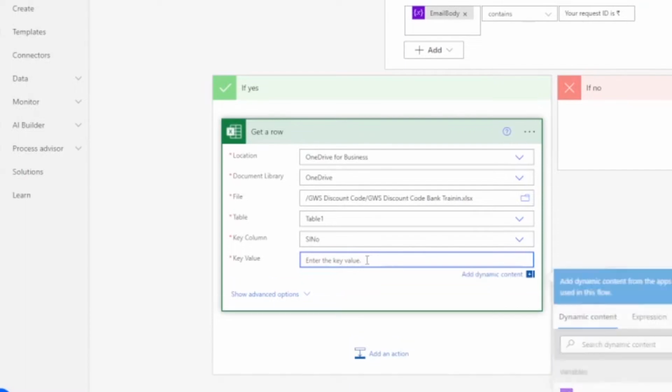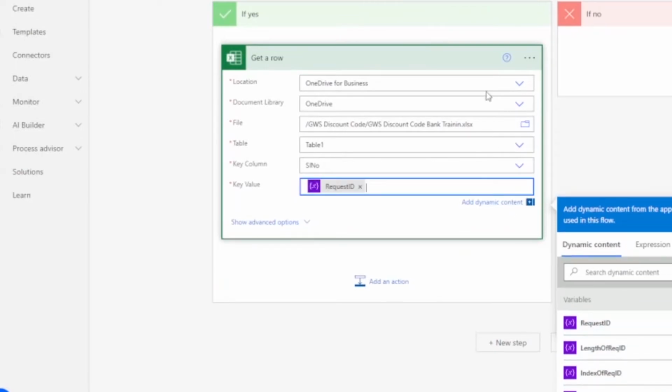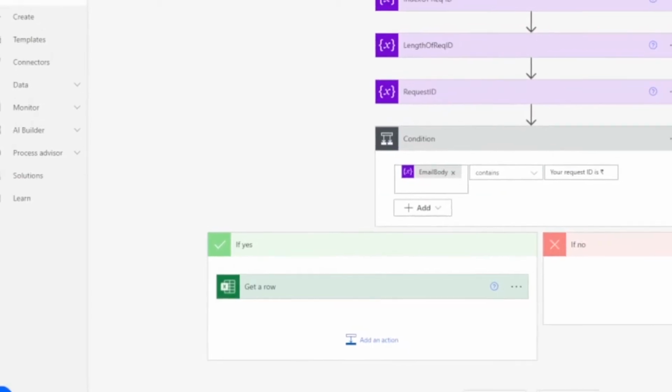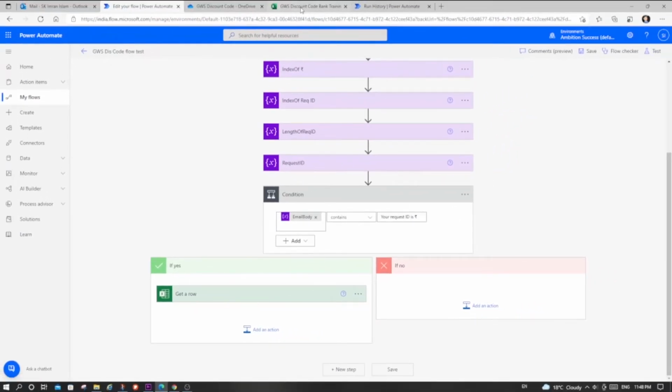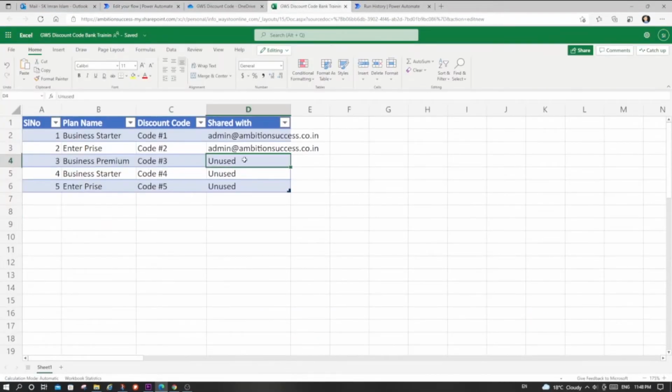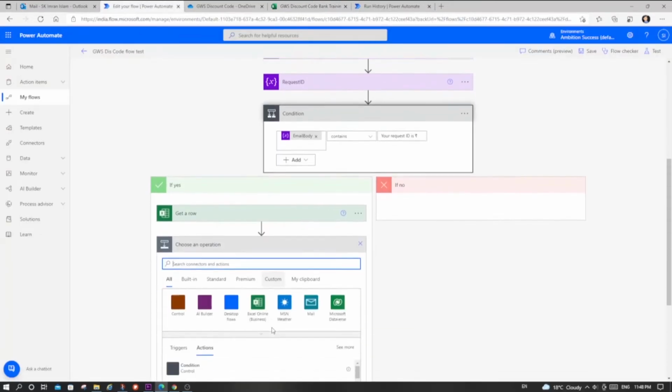And what will be the value of that serial number? This one, request ID. So here I will select request ID. So using this, I will find the value of this entire row, and I will copy these two and send to my requester. So I will create now a reply